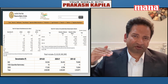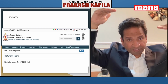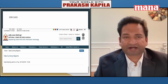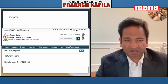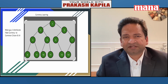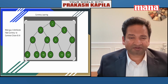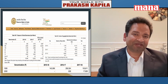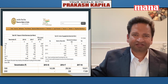The number of soiled currency notes has been increasing, and the number of fake currency has also been increasing. So the increase is a very, very disturbing factor. CBI and Enforcement Directorate and police have not been capable enough. The data shows that they are sleeping on the switch. They just don't catch people. They are not able to catch them, even though it is in huge proportions, like 3 lakh fake currency notes,